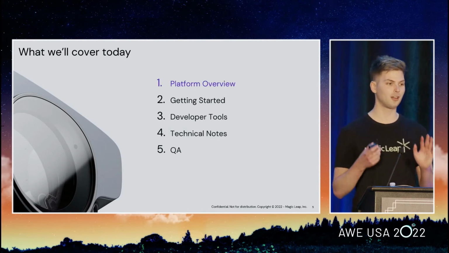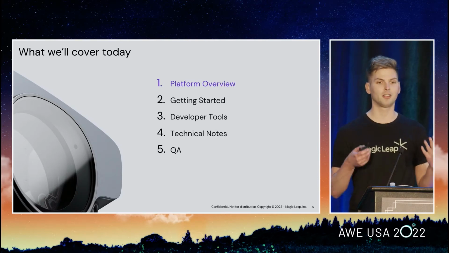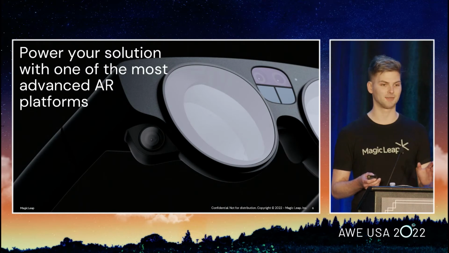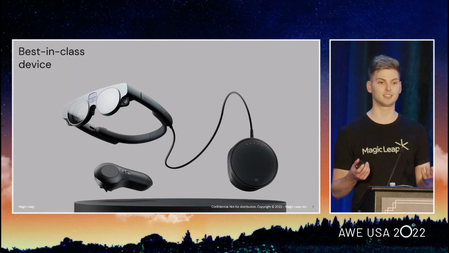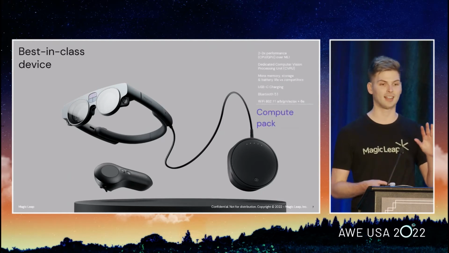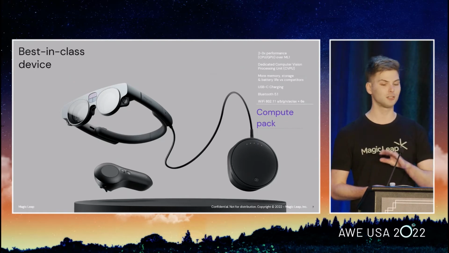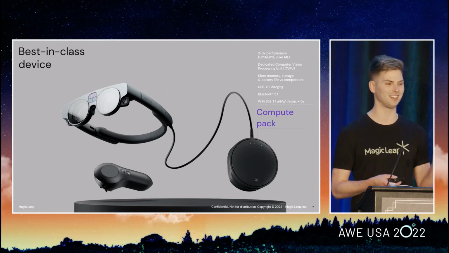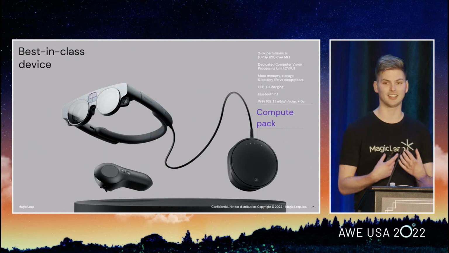So, if you're developing an application for AR, you'd probably want to power it by one of the most advanced AR headsets. Our headset is comprised of three parts. There's the compute pack, the controller, and the headset. The compute pack has a GPU-CPU that is 2 to 3 times faster than the one in the Magic Leap 1. It also has a custom computer vision processing unit,